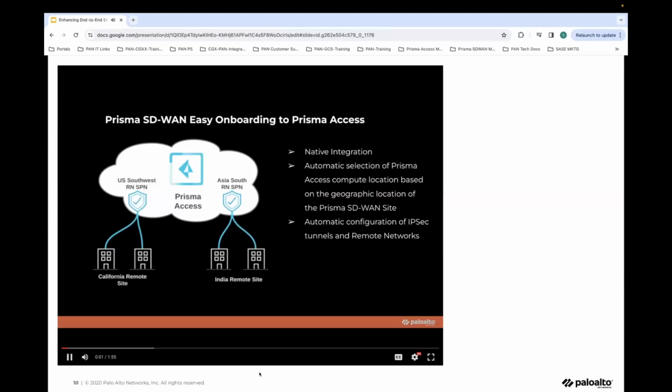But we understand that a lot of customer deployments have VRFs. And also there are scenarios where there are overlapping IP addresses across branches, or